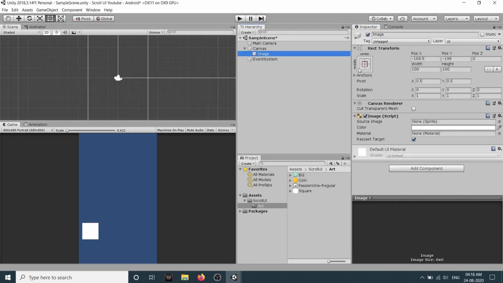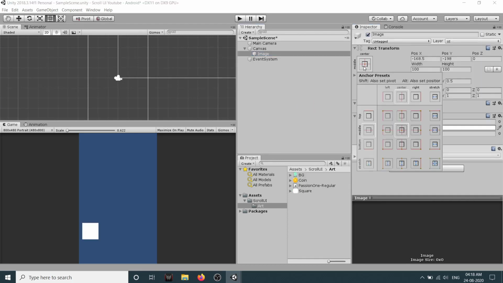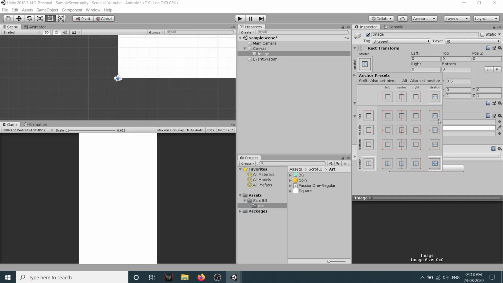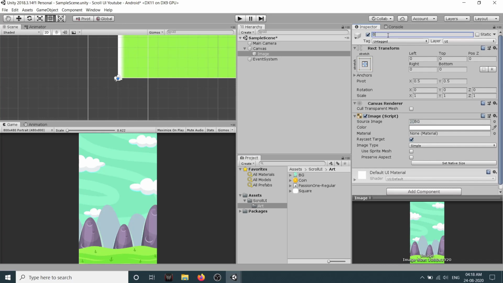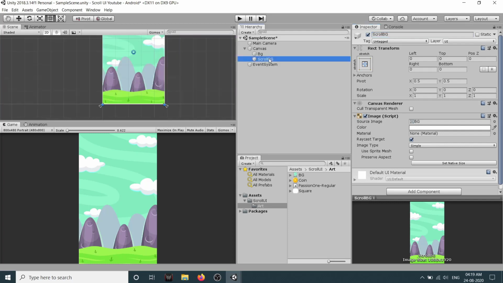So let's select this option here, holding shift and alt key, stretch it all over and we will change its source image. So just drag our background to here and we will call this BG. Then again right click and duplicate it and we will call this our scroll BG, something like that.